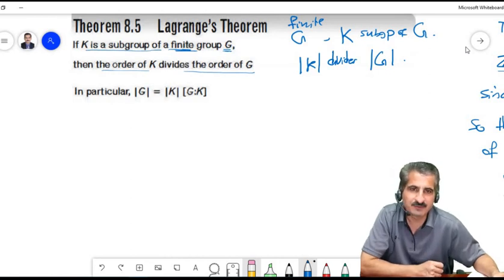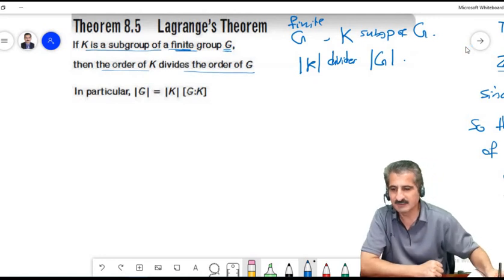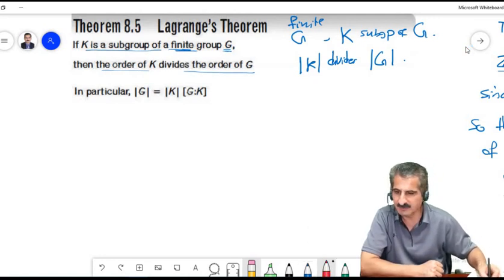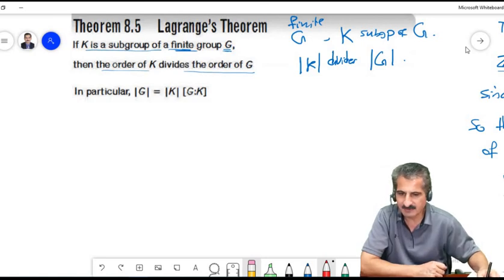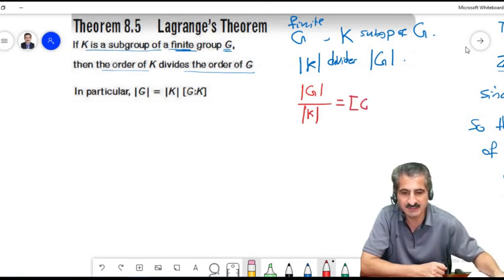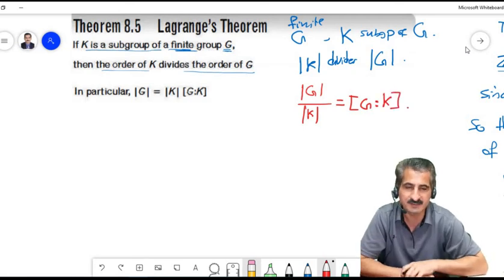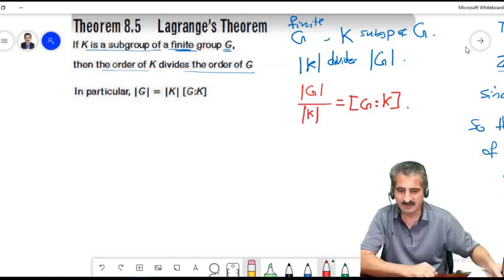Remember, the order of a subgroup divides the order of a group, and more in particular, what's the division? Let me write it here. Dividing the order of G over the order of K, we'll say it's divisible, right? So it equals some integer. That integer is the index of K inside G, the number of left cosets of K inside G. Okay, and to prove this,